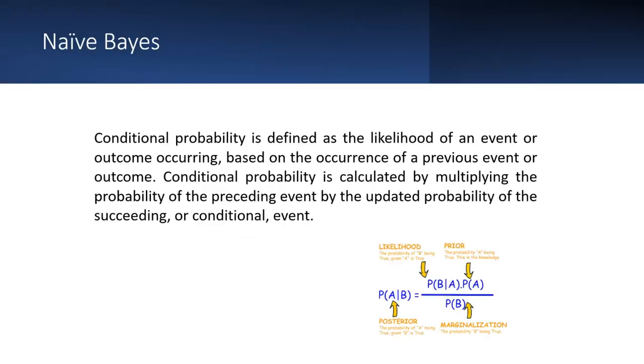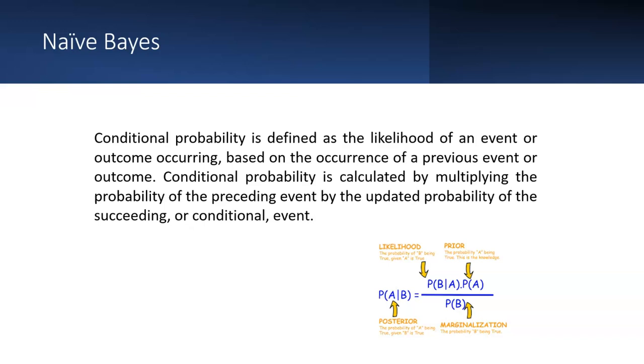So, conditional probability is defined as the likelihood of an event or outcome occurring, based on the occurrence of previous events or outcomes. It's calculated by multiplying the probabilities of the preceding events by the updated probabilities of the succeeding or conditional events, right? So you can see here in the formula, we have some prior probabilities like